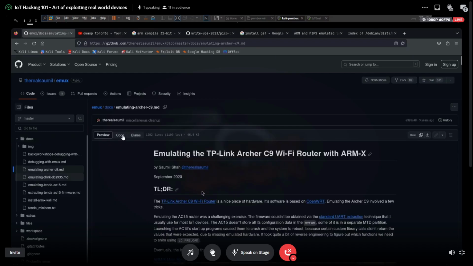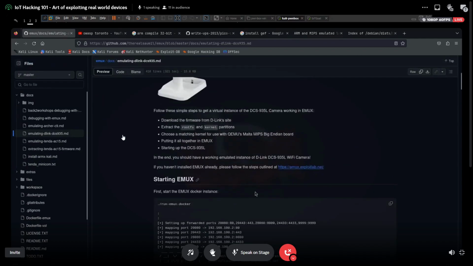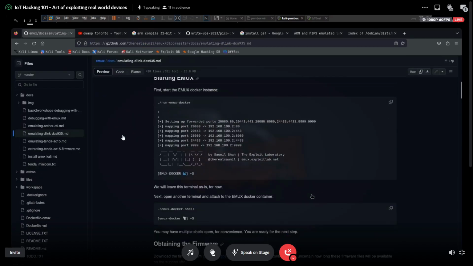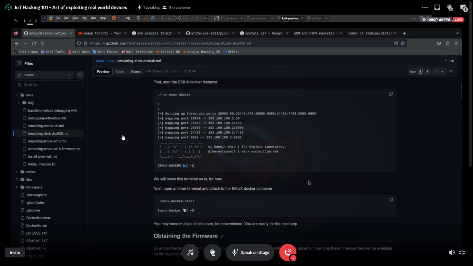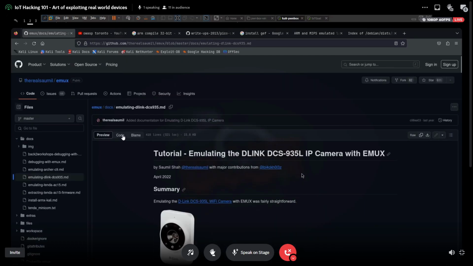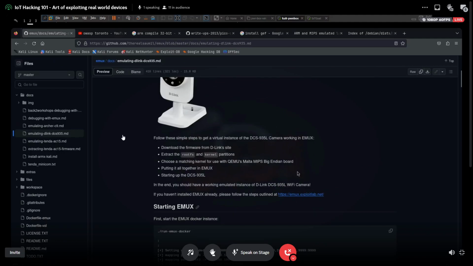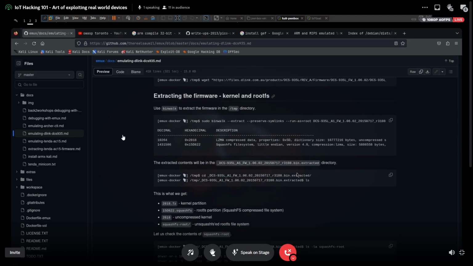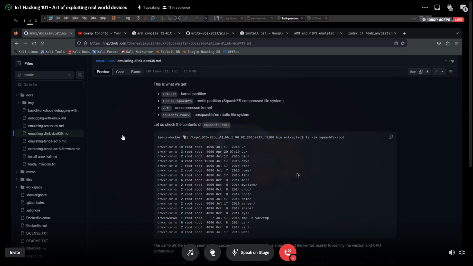Yeah, not this one. D-Link. Yeah, D-Link. I hate D-Links. I'm going to give a D-Link example. There you go. So if you read that doc, it gives you all the instructions on how to emulate real life firmware, if you can't do it the plain QEMU way. This framework is based on QEMU, but it has many other features.